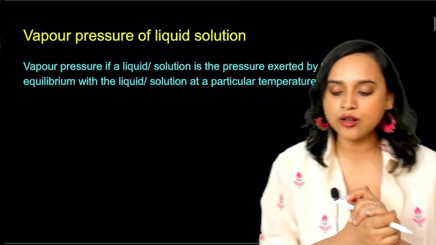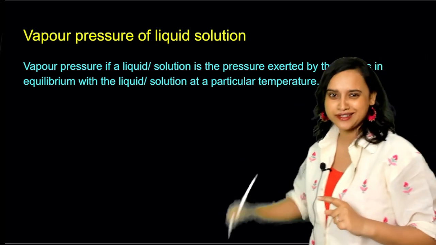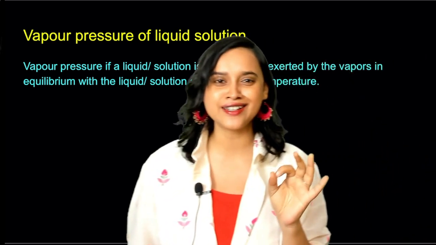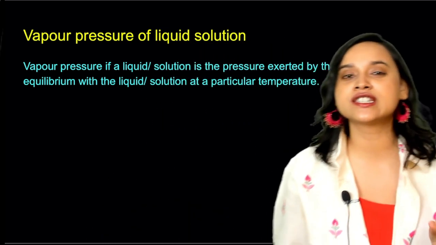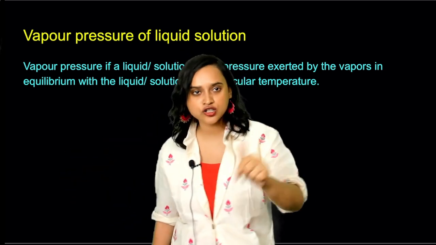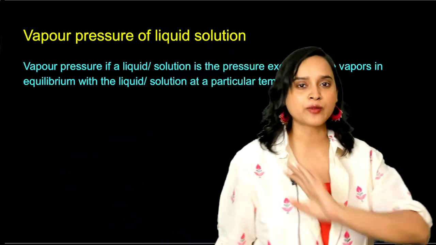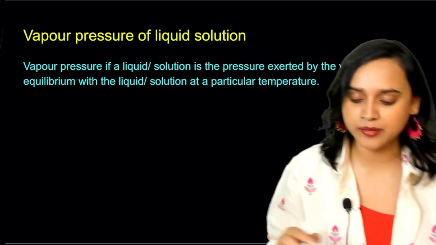Alrighty, moving ahead, now let's talk about vapor pressure of liquid solution. This is where the actual chapter starts, everybody. So please pay attention here, because this is the most important part of your solutions chapter. From here, you will get majority of the questions. Either it can be Raoult's law or it is going to be colligative property. No other questions will be asked from solution. That is a 110% surety.